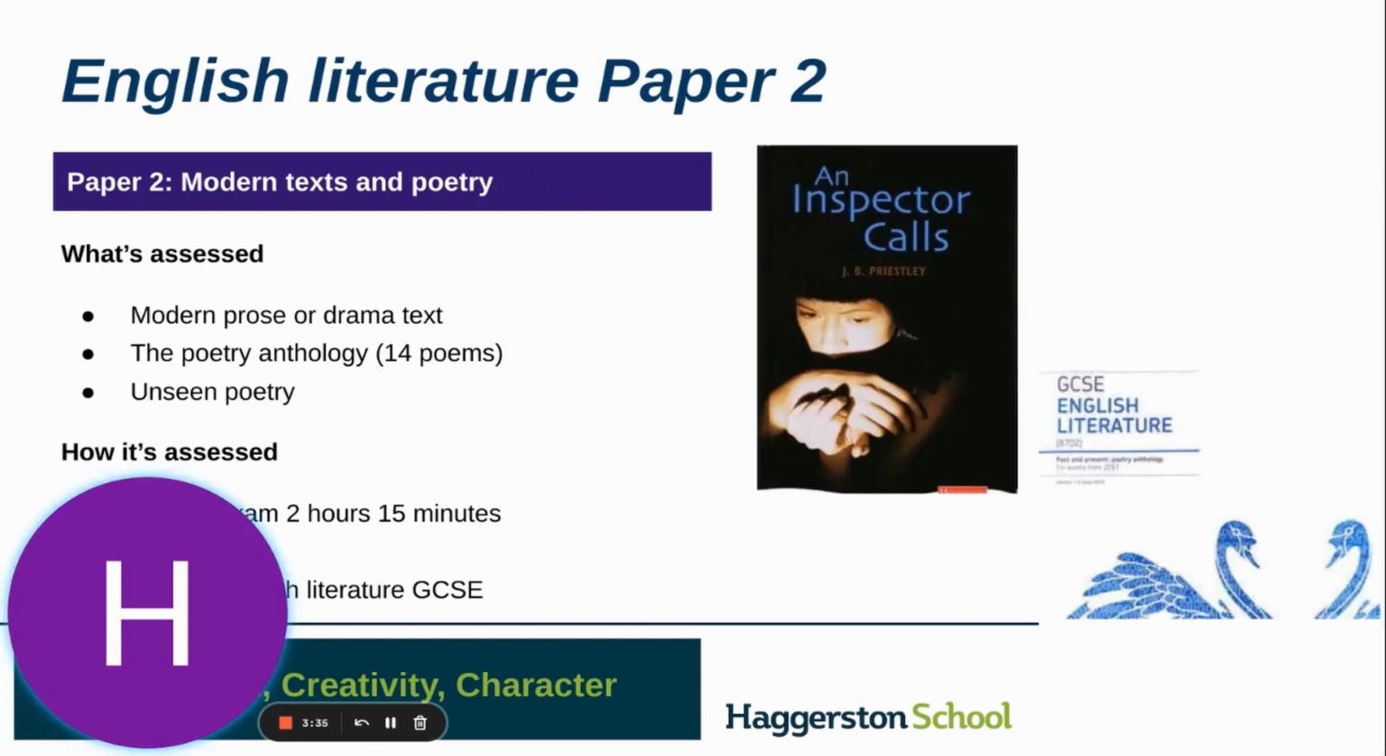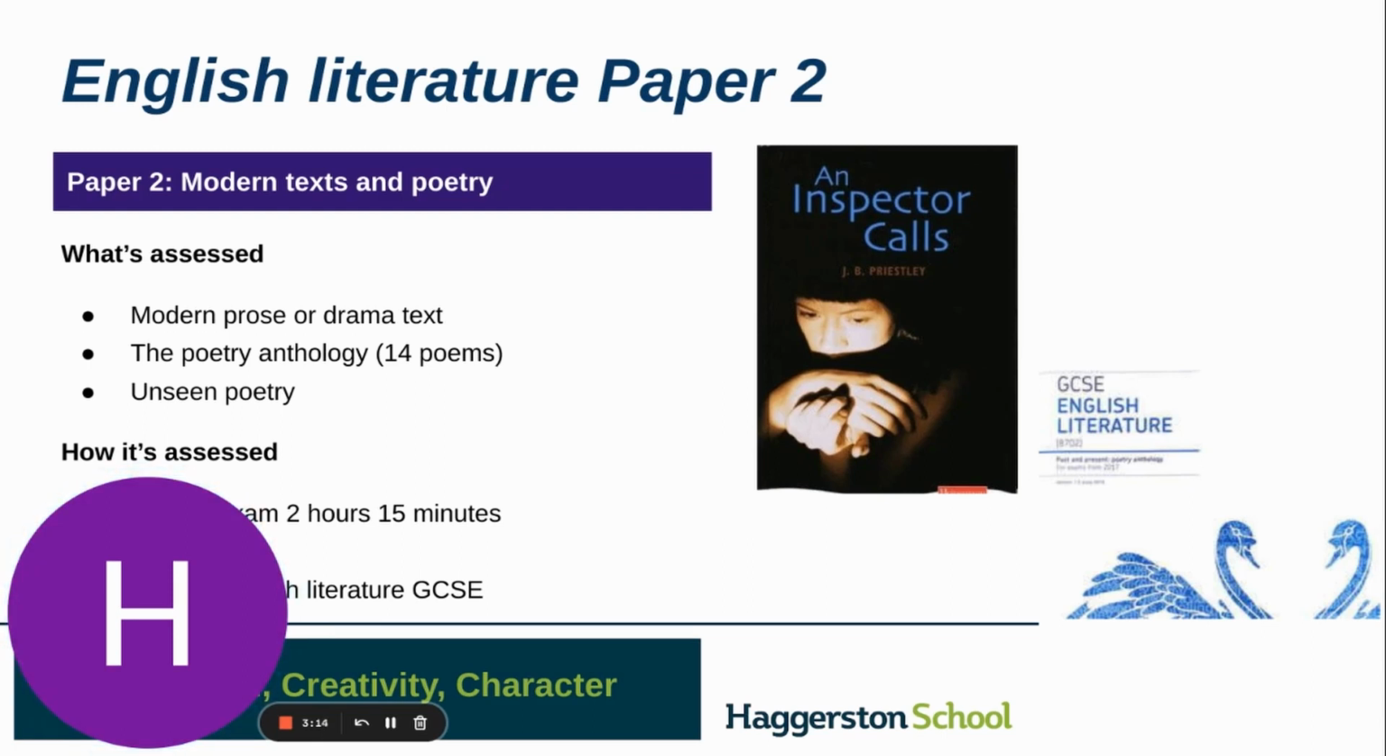For English Literature Paper 2, it's slightly longer because it's worth 60% of the overall literature GCSE. So you'll have 2 hours and 15 minutes for this. The first thing you'll be assessed on is a modern drama text. We study An Inspector Calls. You get a choice of 2 questions in the exam and you'll answer one of them, and it's worth 30